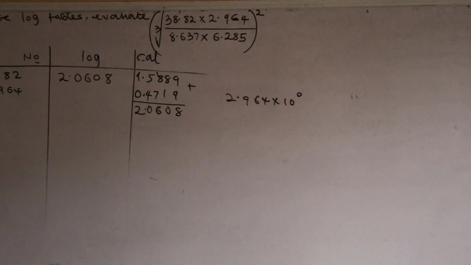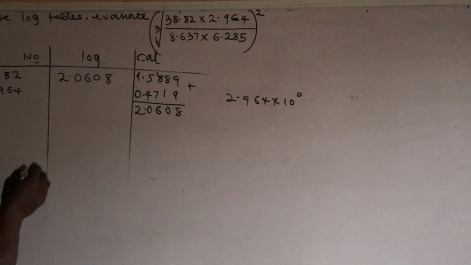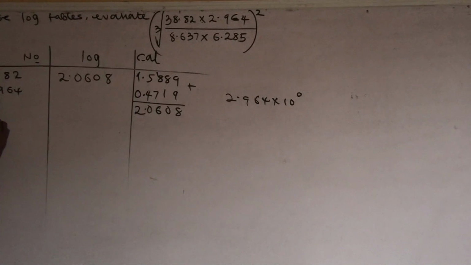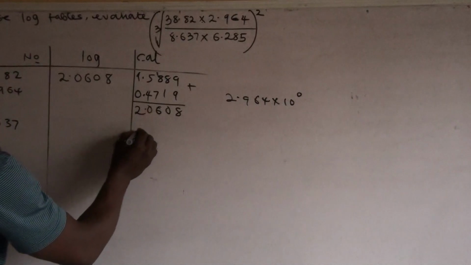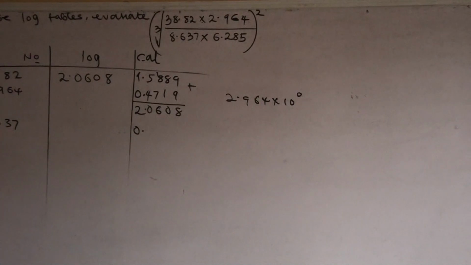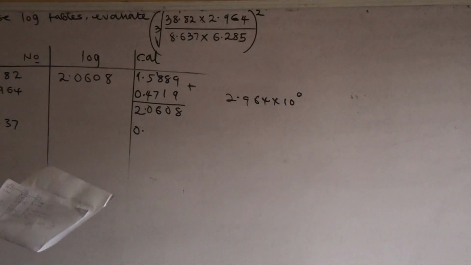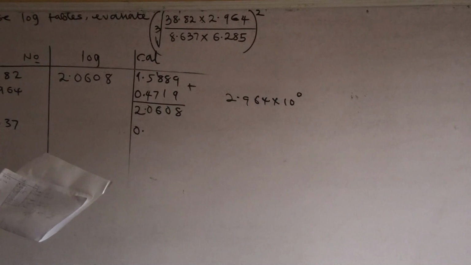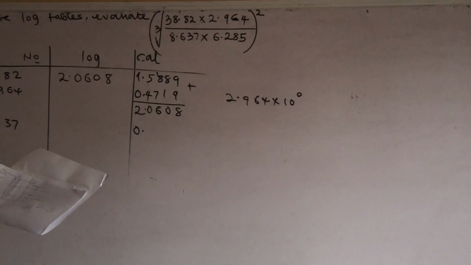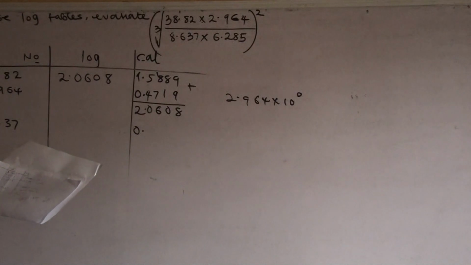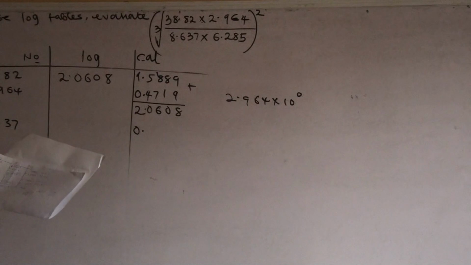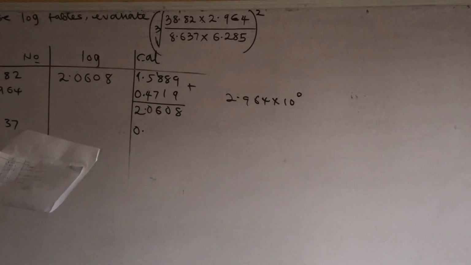Next is the denominator. The denominator will have 8.637. Here this number is already in standard form. That means the characteristic is 0. So let's look at the logarithm table. 86 under 3, difference 7. The result there will give us 0 point